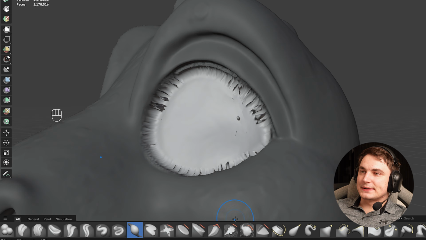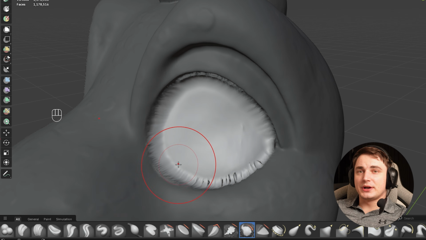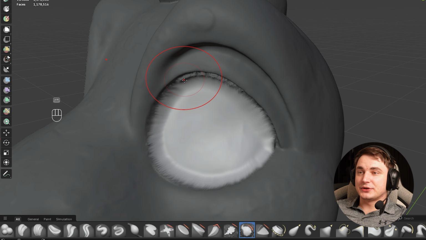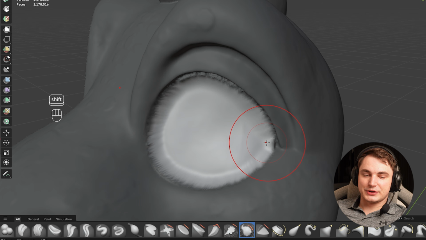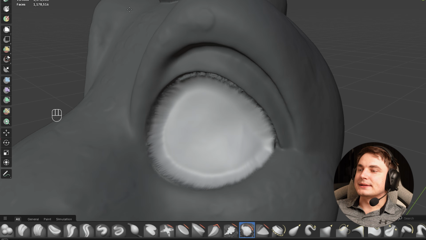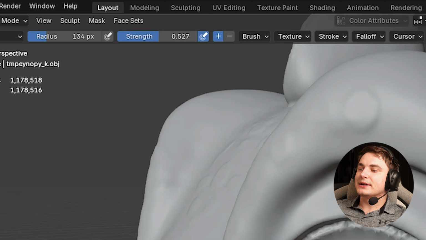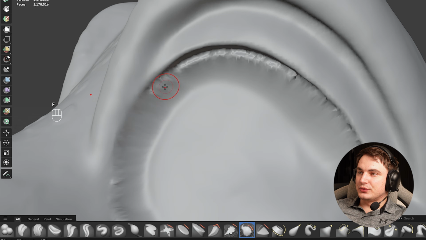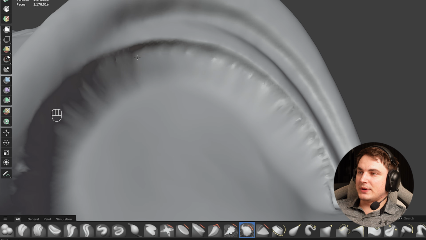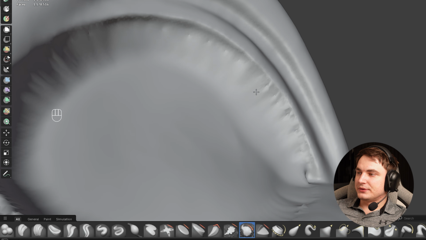Now we'll choose the smooth brush, reduce the strength a little bit, and smooth the edges. Also, the smooth brush is always available by pressing Shift. You don't have to switch to the smooth brush. You can work with any other brush, press Shift, smooth, and continue using that brush. Now when this is done, let's go to the mask and press clear mask, and now we need to just fix the eyeball. We'll just use the smooth mask with the smaller radius and just move the mouse around